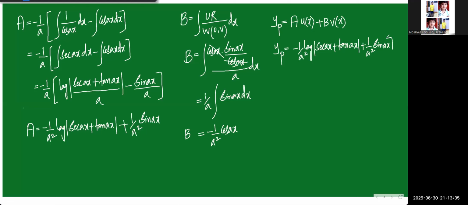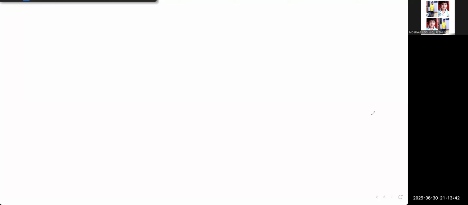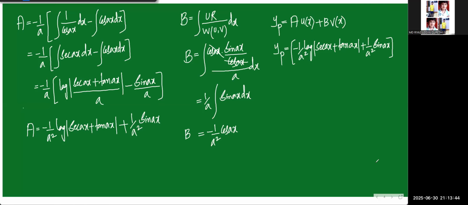Along with this, u of x is this value, cos x, plus the b value is minus 1 by a square into cos x, into v of x. v of x is nothing but sin x. This is our yp. Therefore, when you are writing the general solution,